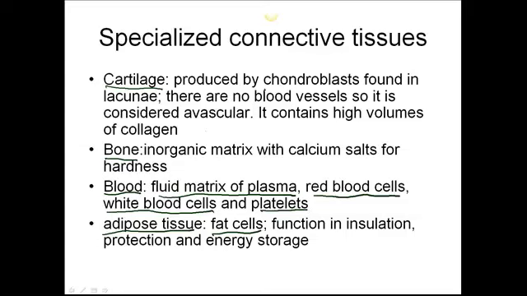Cartilage is produced by chondroblasts. That's a good test question. And those chondroblasts live in little shells called lacunae. I'll show you a picture, but they look something like a coffee bean with an eye in it. Okay. This is the lacuna. And this is the chondrocyte. Okay? The chondroblast. And they have a lot of collagen, and the collagen is clear